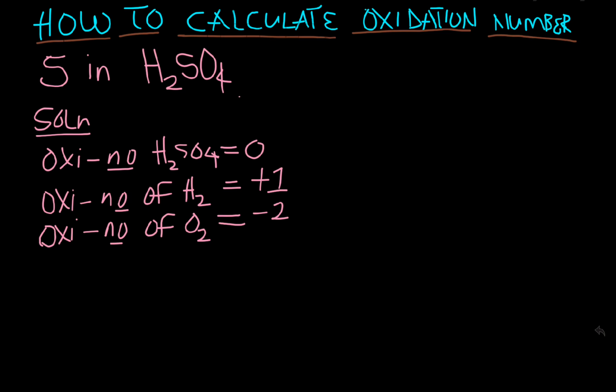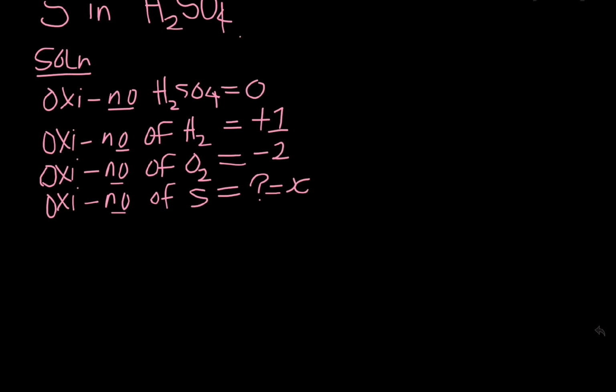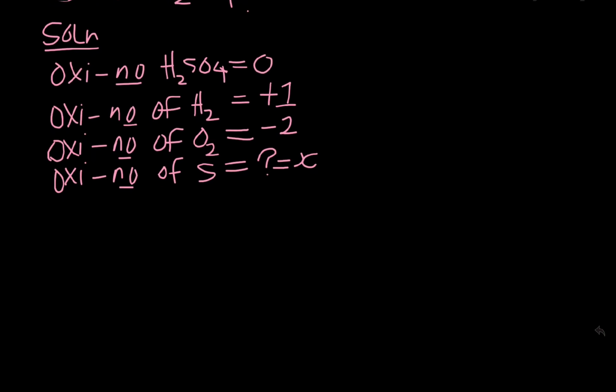So we'll say the ox number of S, which is sulfur, is not known. We'll put a question mark there, and let's call that X. Let's call it X. And so next we'll go straight into creating a mathematical equation to solve it. So from H2SO4,